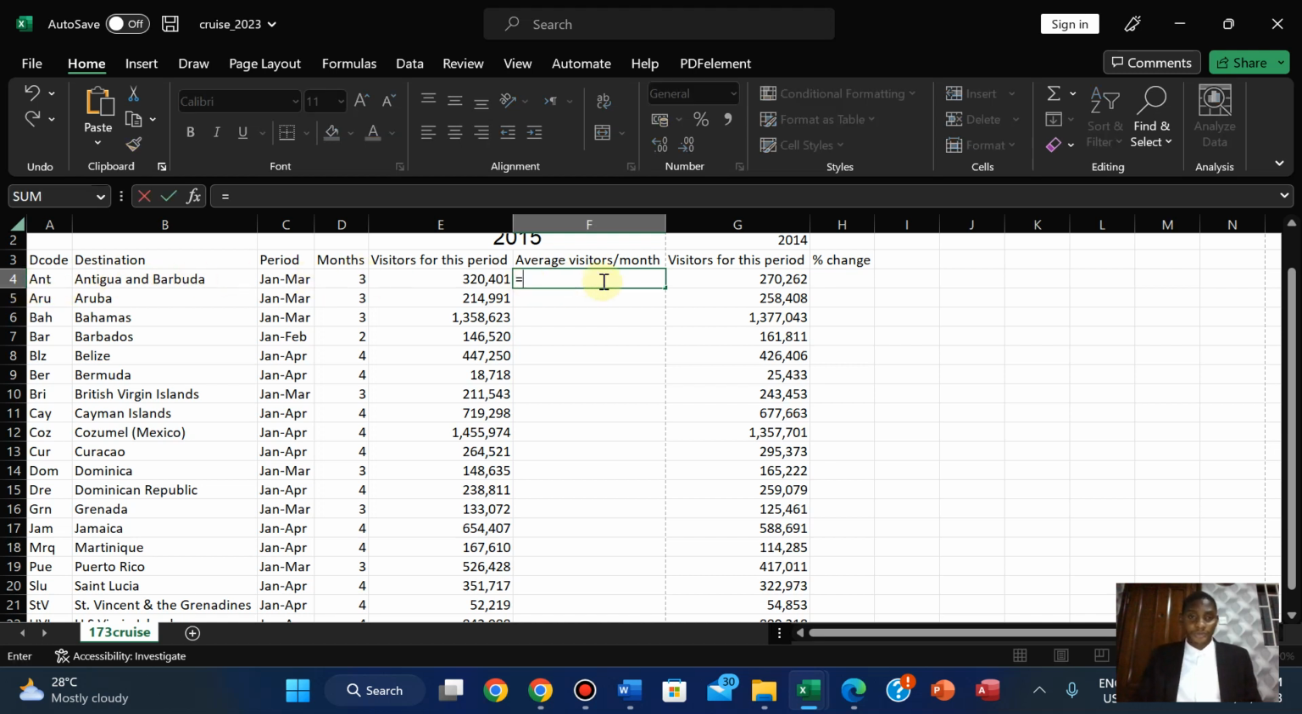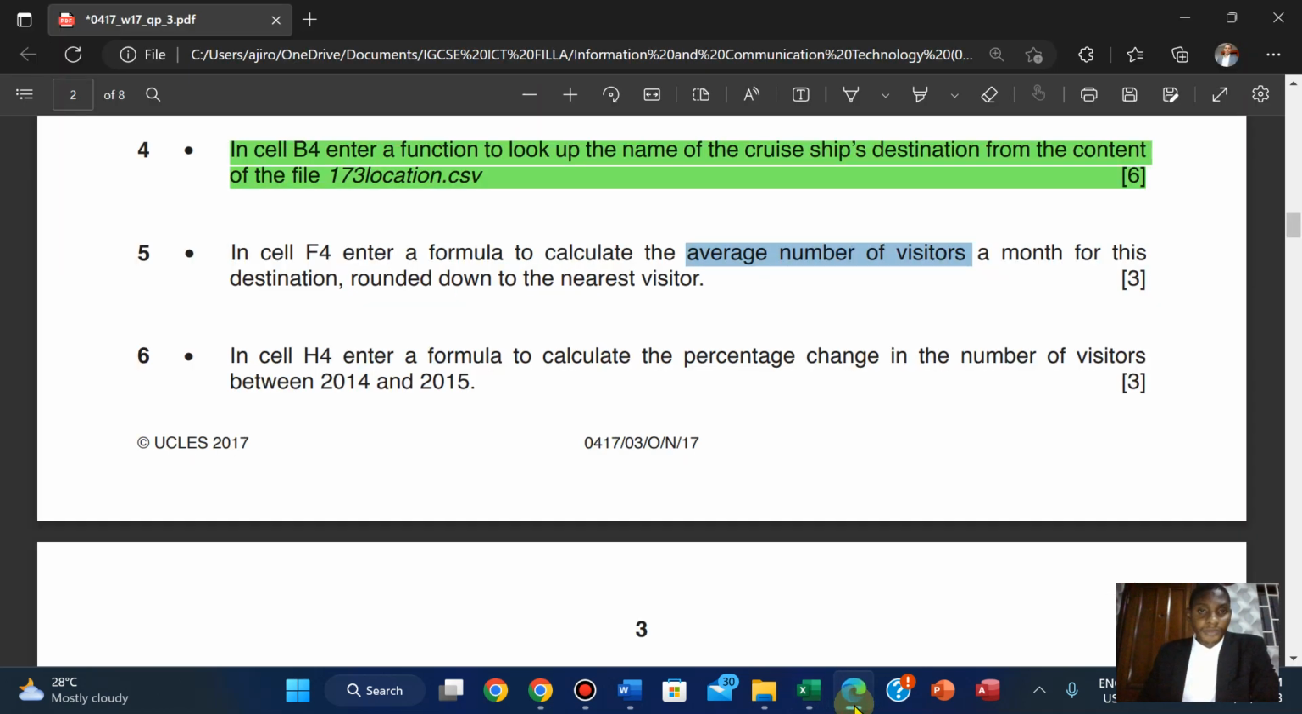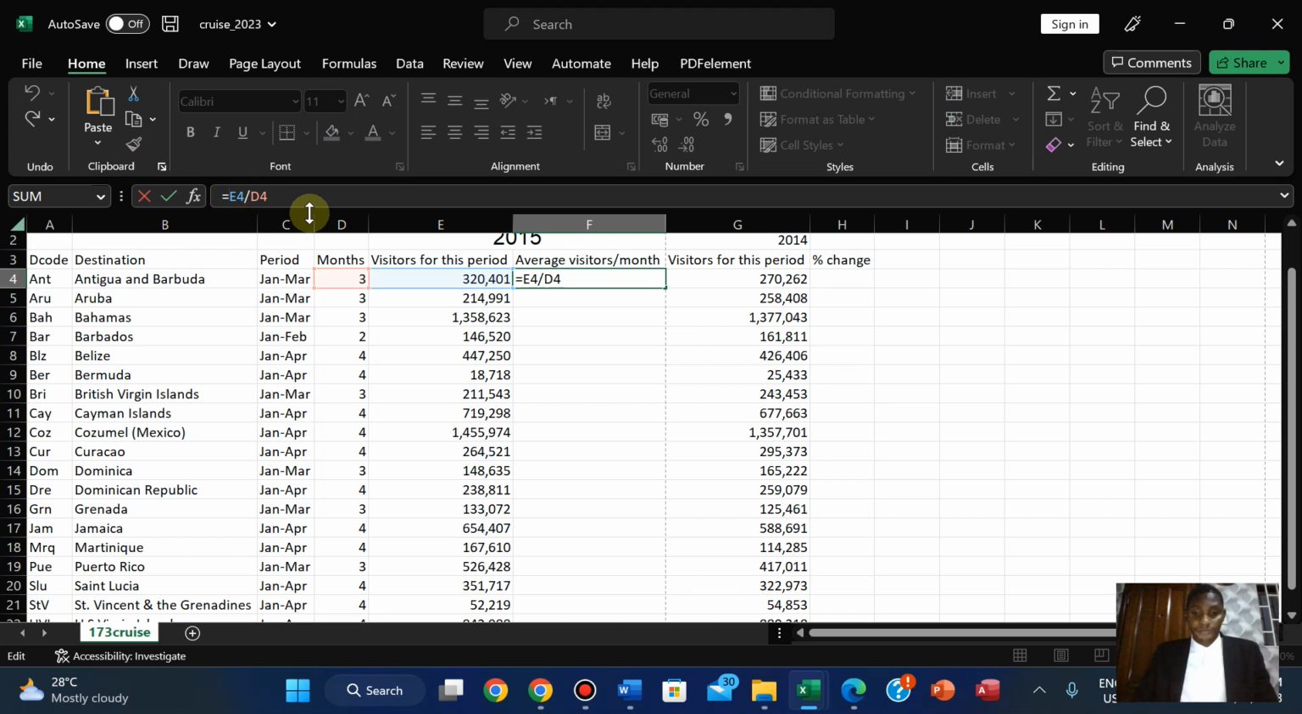So we have equals to this divided by, so we have the average visitor per month, this, which will give us this. Now remember that it will be rounded down to the nearest visitor. Now to get this done, we can use